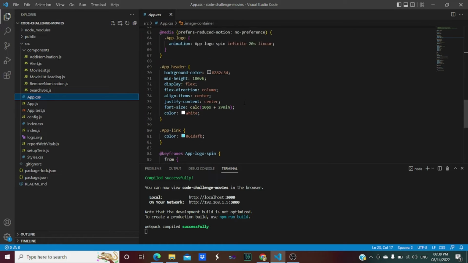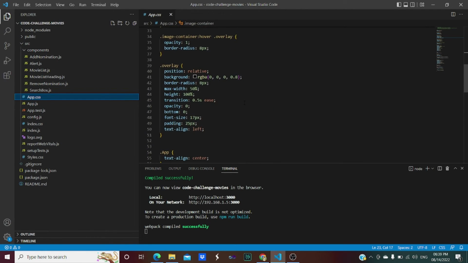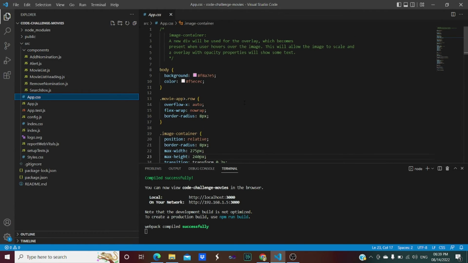So according to that, each and every information will be displayed. So hover feature is there, then the image that is displayed, that is poster that is displayed, is according to some height and width. And as I have already demonstrated within the demonstration of this coding challenge question, if we change the screen size, then according to that the whole page will get adjusted. So for the responsive web page, there are many different things that are considered over here. So this is the CSS file that I have created.